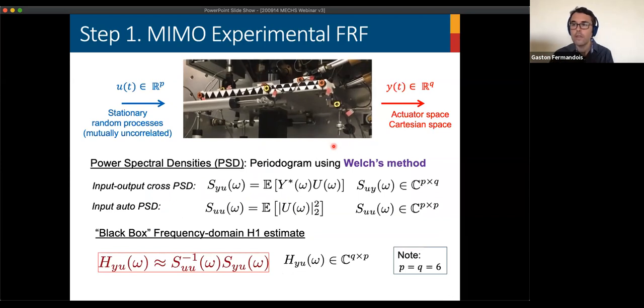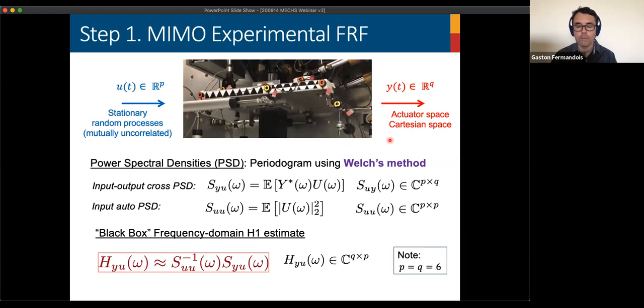We command a white noise as 3 translations and 3 rotations, and we can measure all the coordinates in actuator space and the coordinates in Cartesian space. And using a frequency domain H1 estimate, we can calculate the experimental frequency response function for each of these